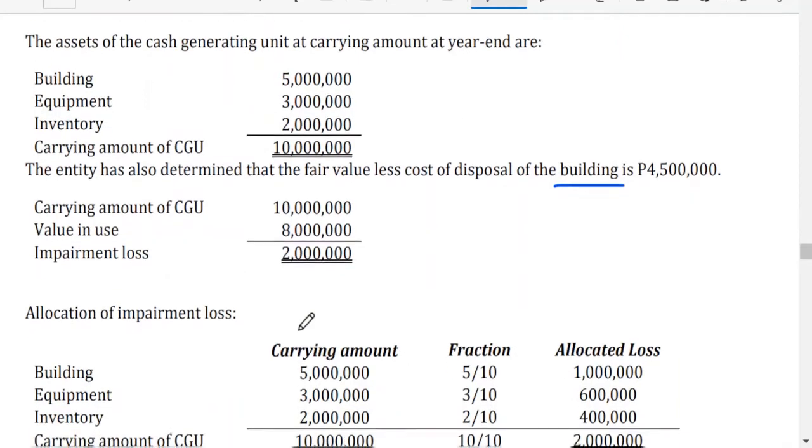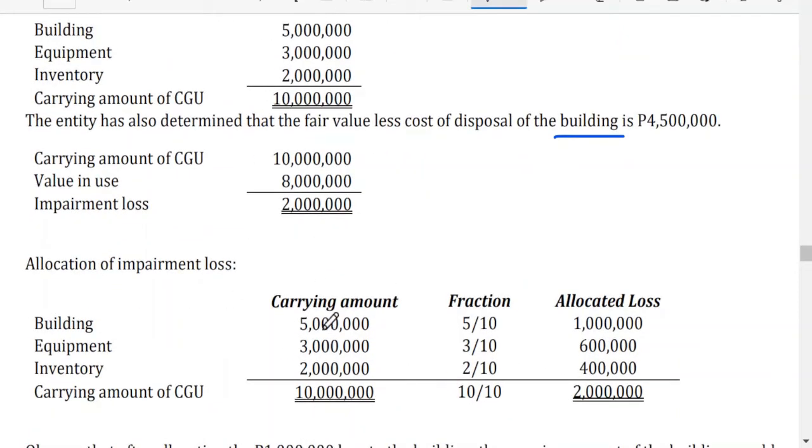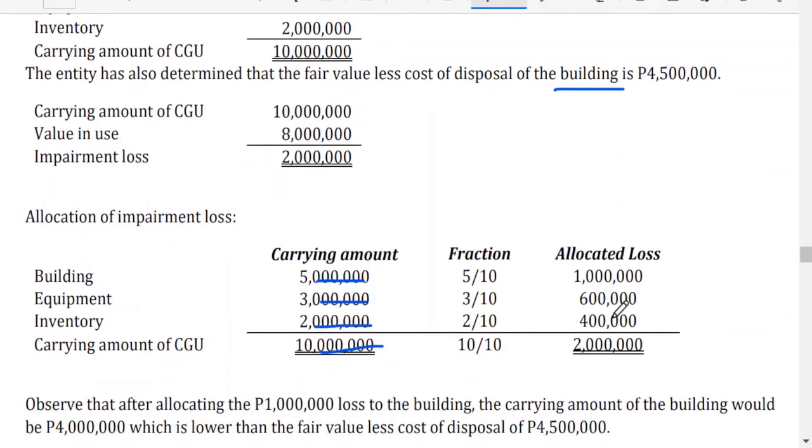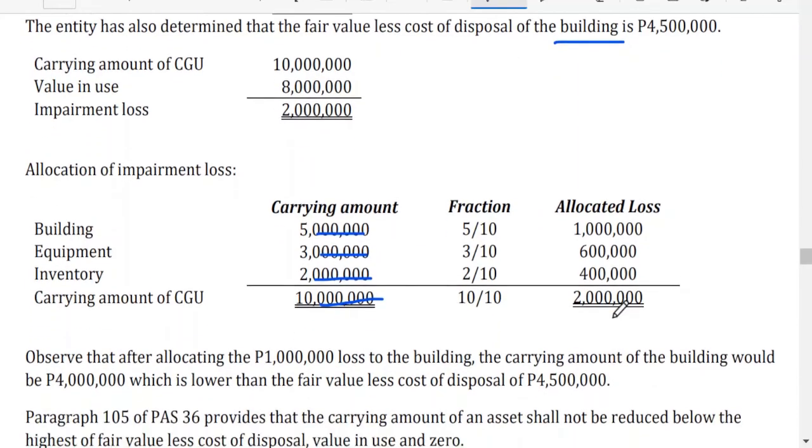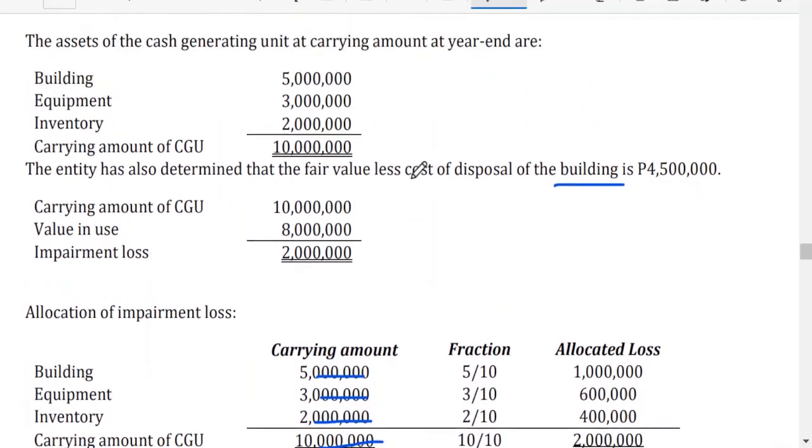Let us allocate. Okay, so we have the following carrying amounts, and then the fraction would be 5 over 10, 3 over 10, 2 over 10, and 10 over 10. So again, we remove the same number of zeros, okay, to simplify the fraction. So allocate, multiply by 2 million. So we have for building 1 million, equipment 600,000, and inventory 400,000. If you can observe, after you allocate the 1 million to the building, what happens to the building now? The carrying amount will become 4 million, right? Okay. So after allocating our 1 million nga loss, the carrying amount will be 4 million, which is below or lower than the